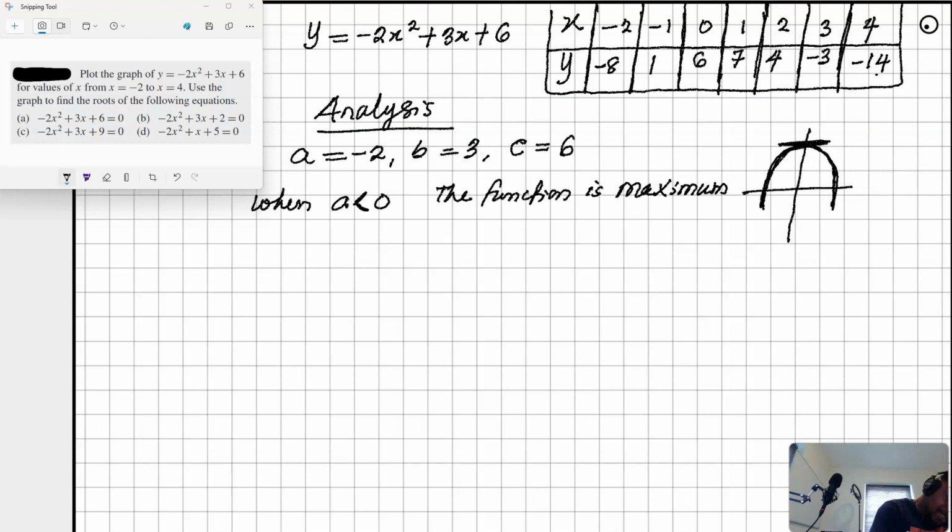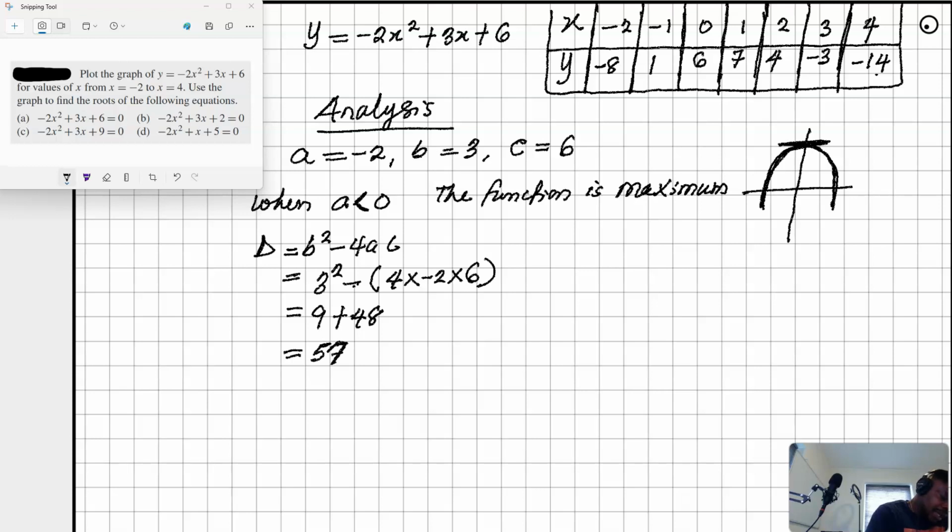Okay. Then another thing here, let's see on which side is going to be our graph, or let's find the discriminant. Okay, d is equal to b squared minus 4ac. Okay, what is my b? 3 squared minus 4 times, what is a? Minus 2. What is c? 6. So this is 9. Minus times minus is plus. So this is 8 times 6, that is 48. So this is